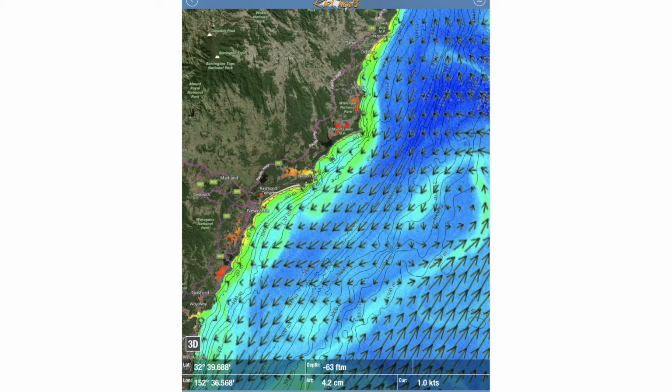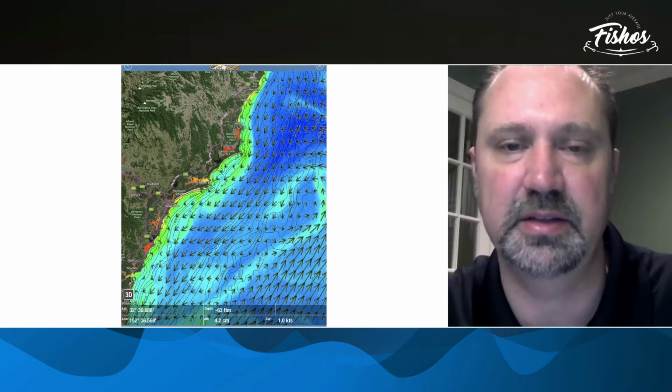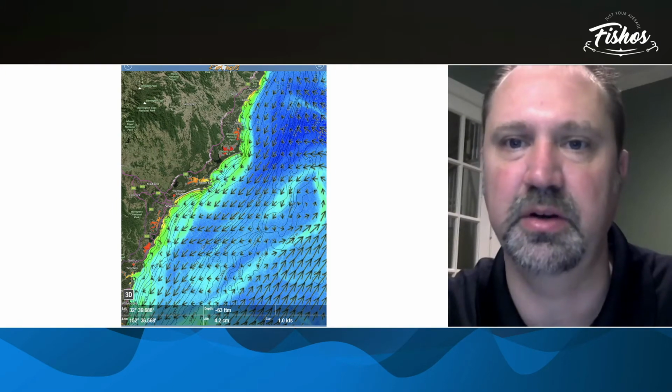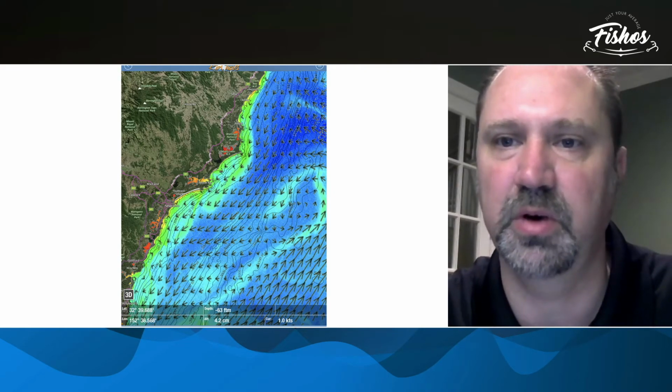And as Peter said before, this stuff changes every day, especially off the East Coast. You've got the strongest current in the world. It does change. It changes very fast. And so tracking this water, paying attention to where bites are, looking at what that water looked like at the time, and then tracking it forward as that water moves is going to be one of the keys to success. I mean, tracking that water, knowing that there's fish in there, and identifying the characteristics of the water that are